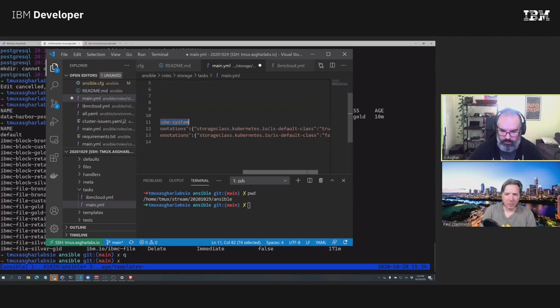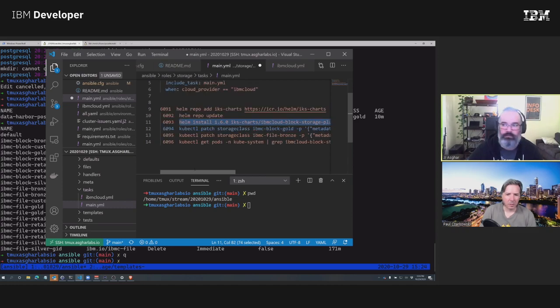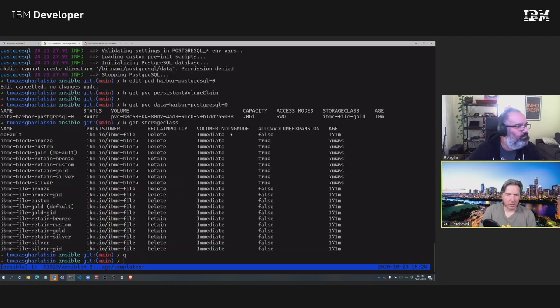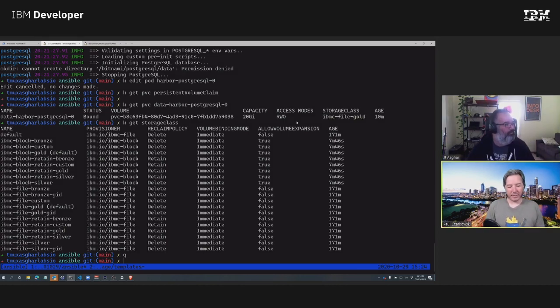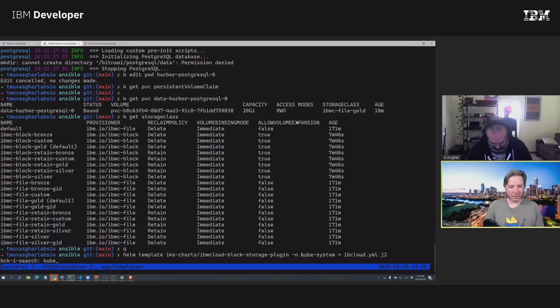Block should be the default class. And where's our default? Block. Oh yeah, block's the new one, IBM block gold. But the storage class here is using IBM file gold. Oh no. Because it had already been bound. So you've got to delete it and run it again. Yeah. Delete.